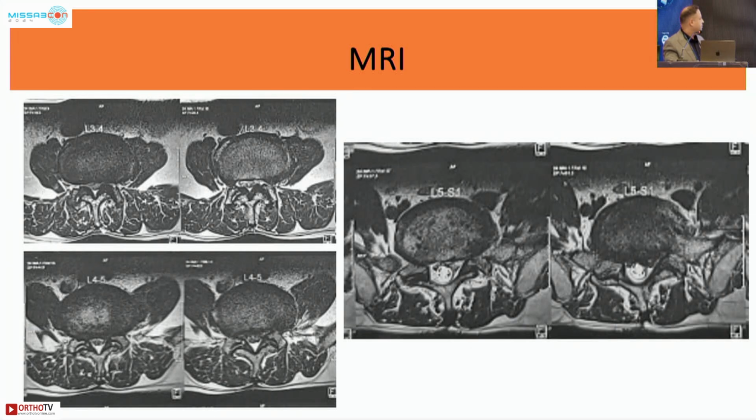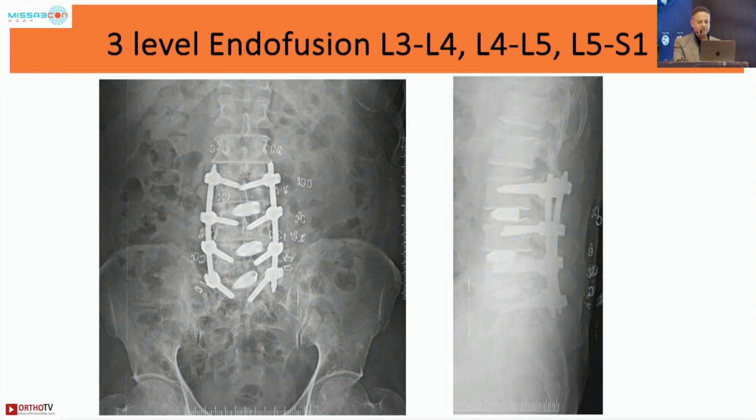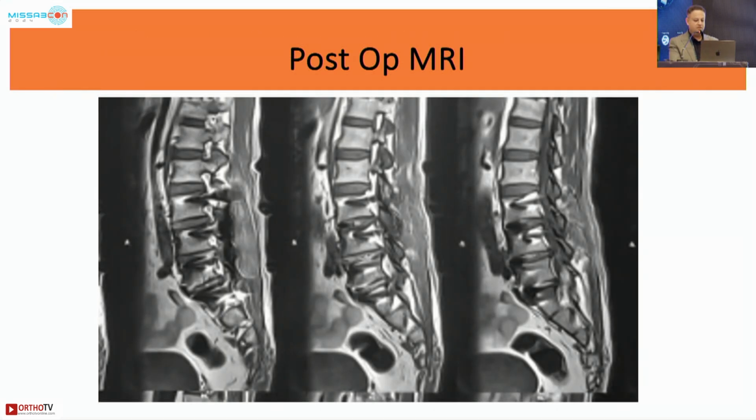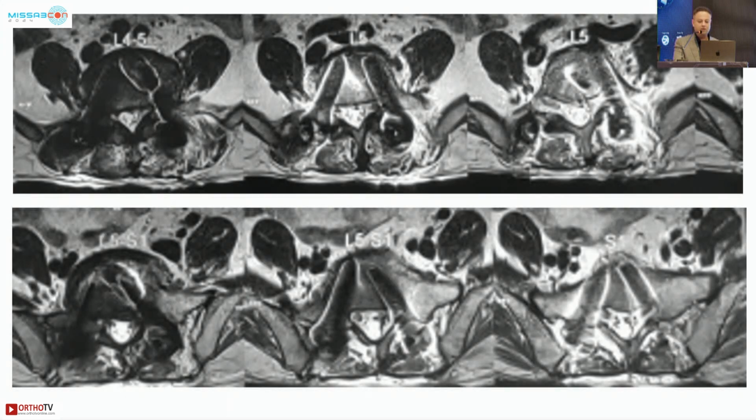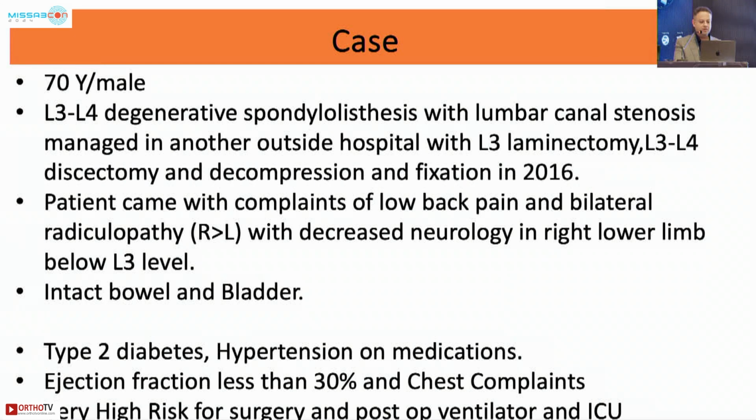You can see the stenosis there, and we did a 3-level, again, transKambin fusion, and again this is done under local anesthesia. And this is the post-operative MRI, and you can very well see the indirect decompression has taken care of the problem there at all the levels. So another case, so with